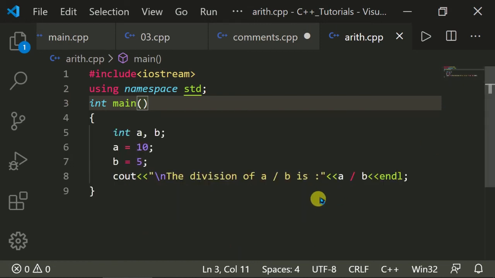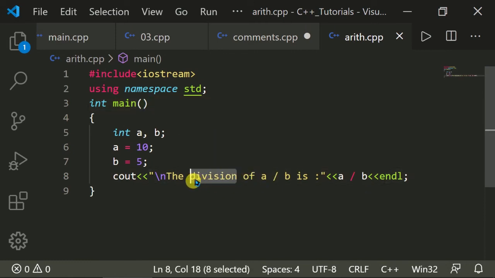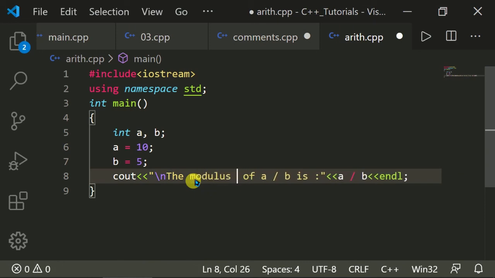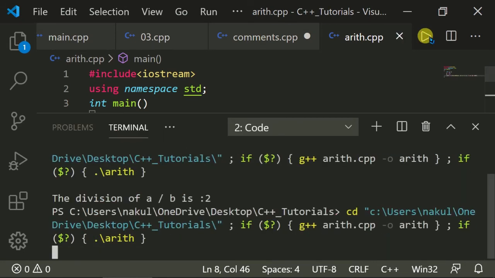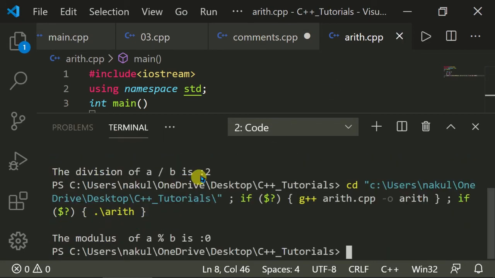Now let's find its modulus. The modulus of a modulus b will be 0, because if we divide 10 by 5 we don't get any remainder.